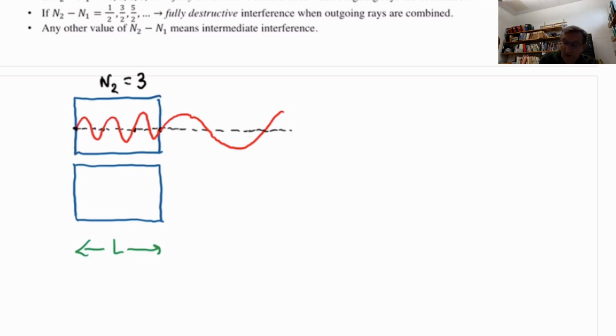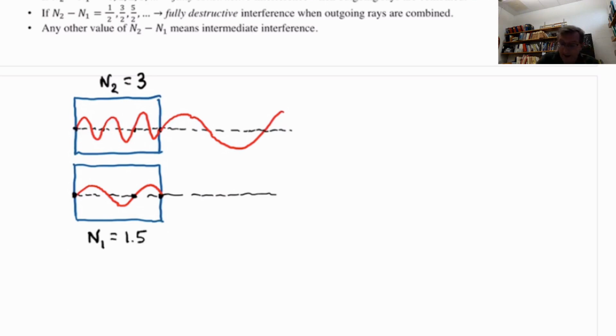All right, now let's do the same thing for the lower block, block 1. Again, let me draw a line down the middle for reference. And now remember, block 1 has an index of refraction little n1, which is smaller than little n2. So the wavelength in block 1 is not as short as it was in block 2. And let's say that in block 1, I can fit 1.5 wavelengths in that distance L. Like that. Okay? Starting there, there's 1, and then I get a half of another one. So I would denote that one, put it down here, as the number of wavelengths that fit, big N in material 1,